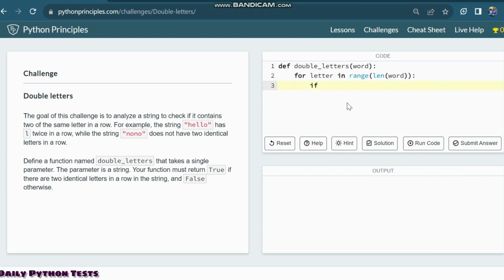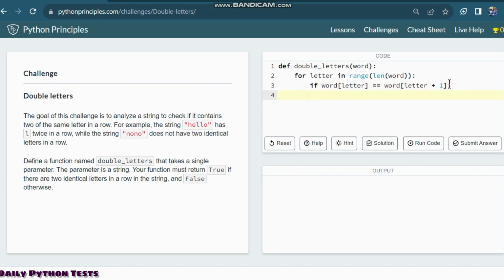So say if word at letter is equal to word at letter plus 1. That means if the current letter we're looking at is the same as the one in front of it,